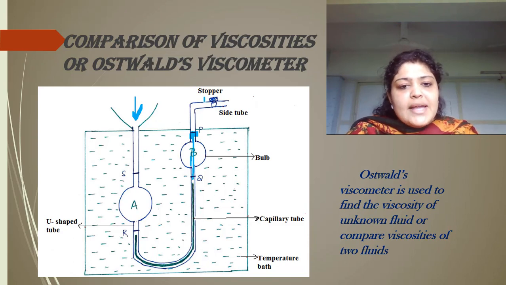I repeat again. Keep the stopper closed, fill up the bulb A, stop the input, open the stopper, and the liquid will start filling up bulb B. You have to keep the stopper open till the liquid reaches point P. The moment your liquid has reached P, you have to close the stopper. Slowly it will come back in the opposite direction. So the time it takes to go from P to Q will give us the measure of viscosity. This is the entire setup. Let us see how it is done.